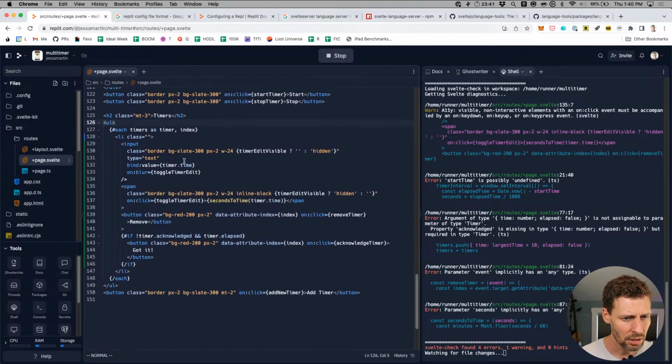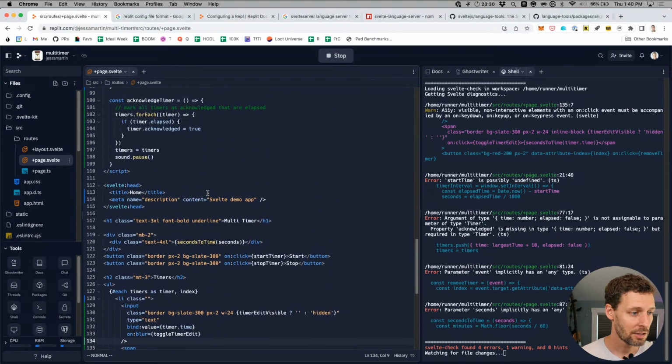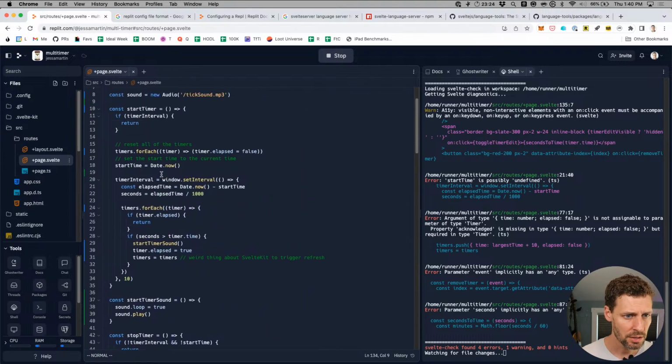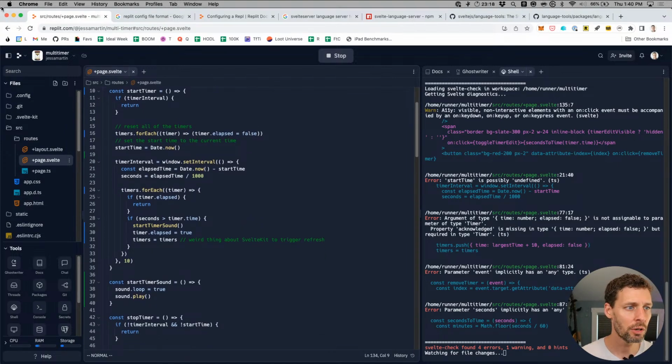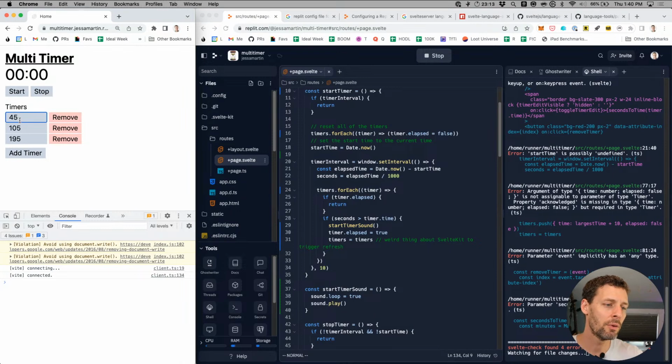So as we jump in down here, what do we want to work on now? Sorting the timers in ascending order. That's what we were working on. It turned out that was actually a little more challenging than expected. The problem with the timer sort is, let's move this over so we can see our app again, when you do a sort here, it reorders the LIs. And so you need to do that only once you've acknowledged a change that you want to actually update the field.